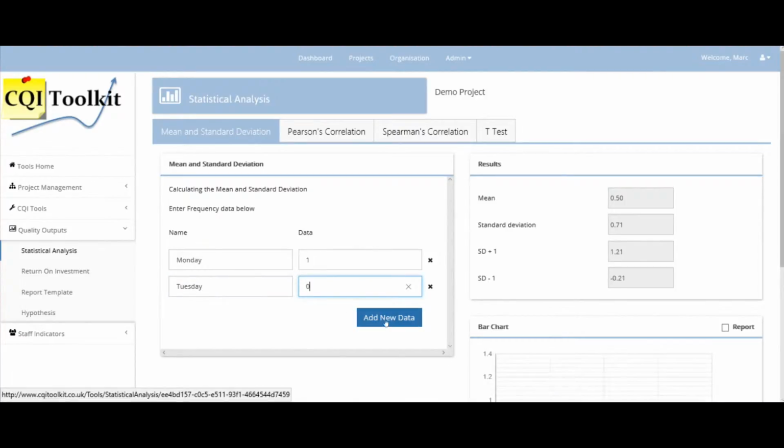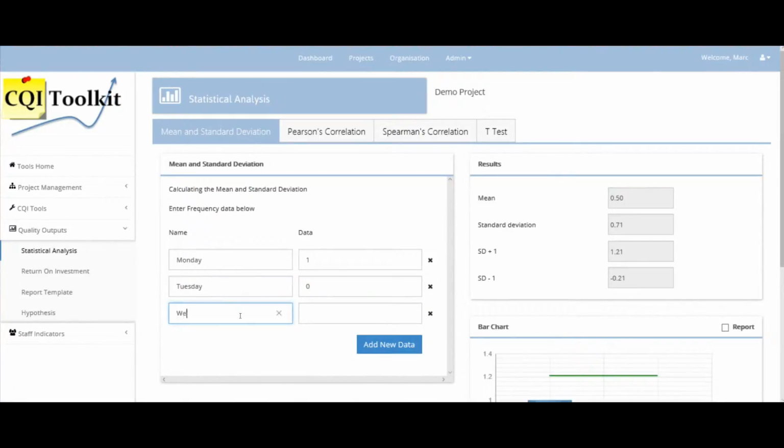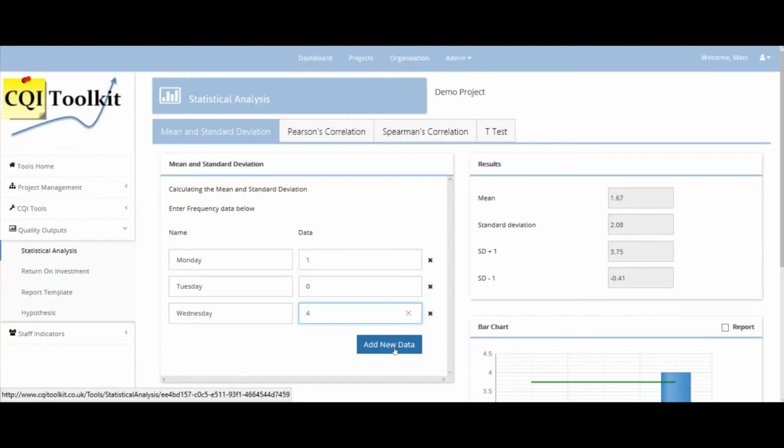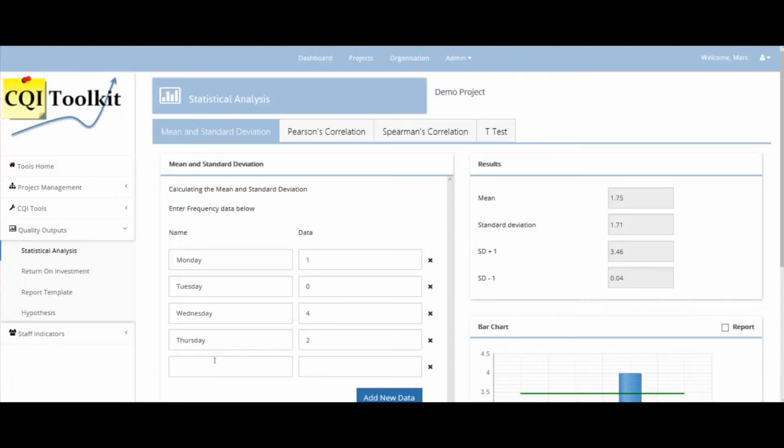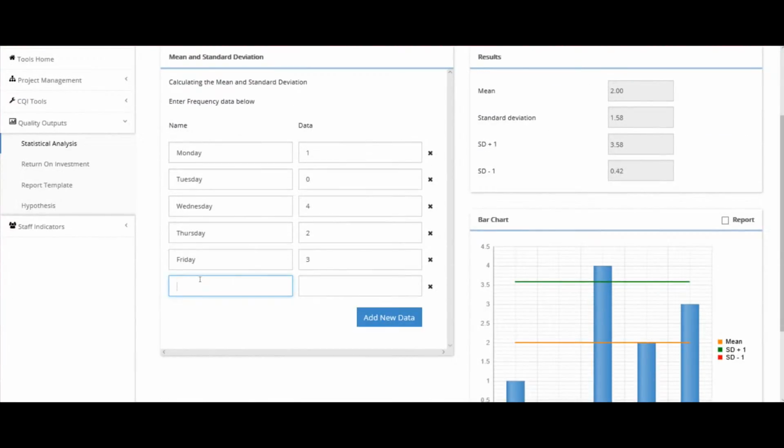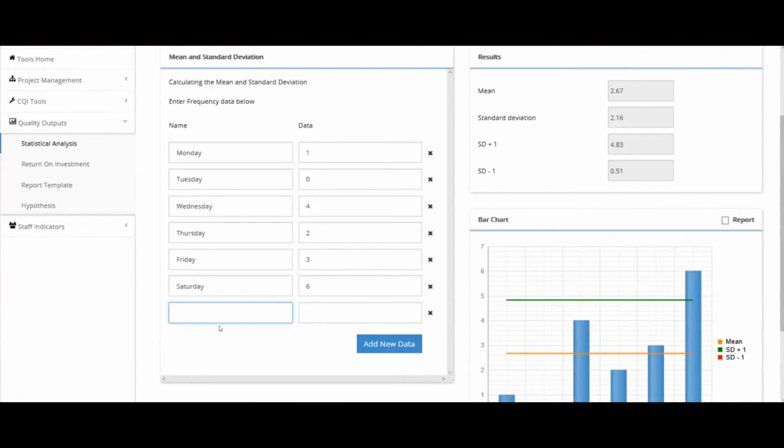Tuesday you might have 0. Wednesday we might put in 4 falls. Obviously if this was a ward you should be closed down at this point, but this is just an example. So we're just going to keep this very basic and put on Friday, say 3, we'll add Saturday, and we'll say 6, and Sunday